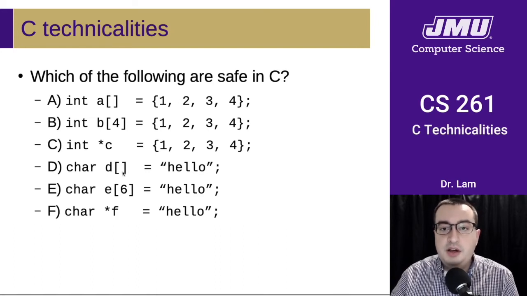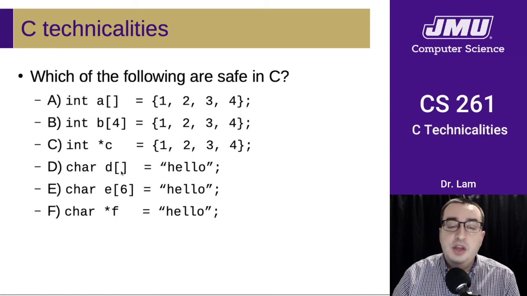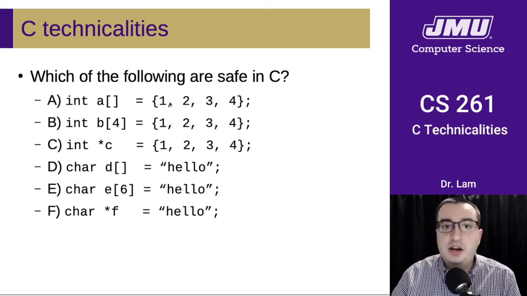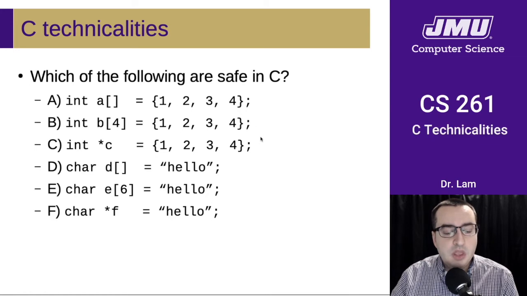They operate in a similar way, except that it says to the compiler, I want you to infer how large this array should be. So just allocate an array, and here are the elements that I want in the array, and just make the array as big as it needs to be. And so presumably you would have some other mechanism for keeping track of how many things you put into that array in order to make sure that you access it safely. So the 2 that are suspect here are C and F.